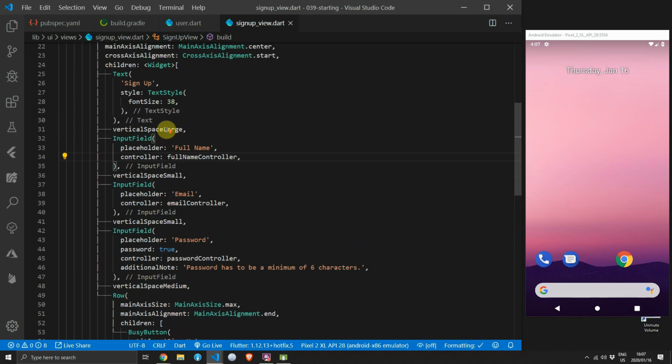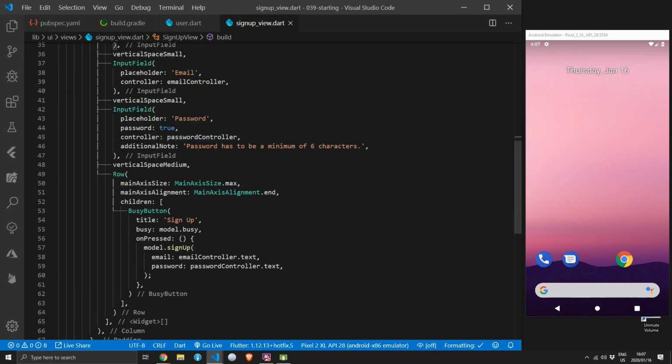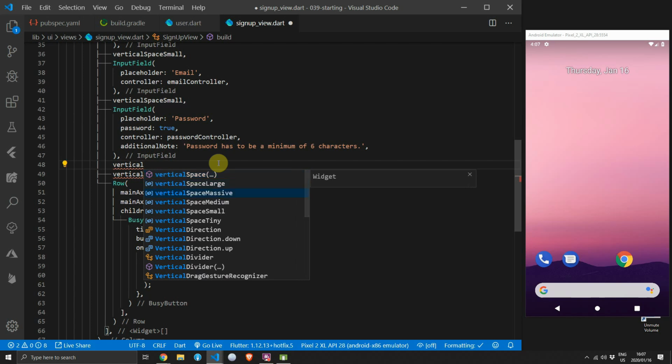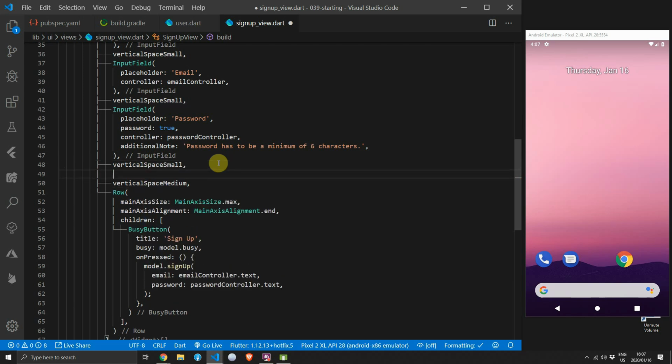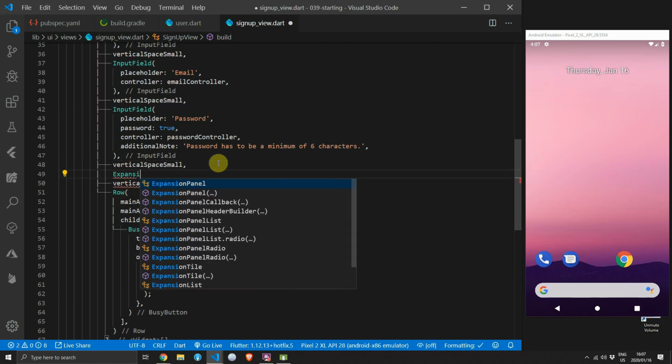Next up, we'll add a drop-down / expansion list to select between the user and the admin type. This won't be the case in the real-world application. We'll probably assign the values to the user profile on the back end. But to keep things simple, we'll add it into the UI so we can select our user role when we sign up. So under the password field, we'll add a vertical space small, and then we'll add an expansion list